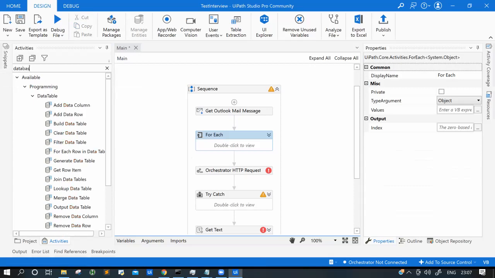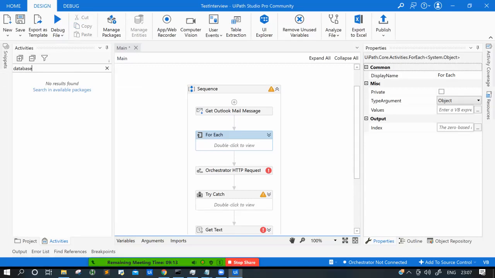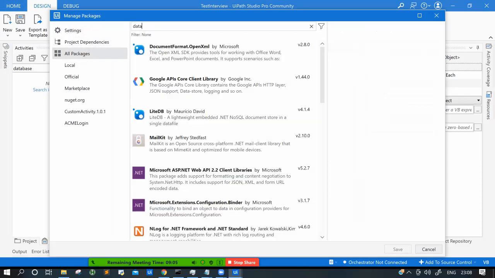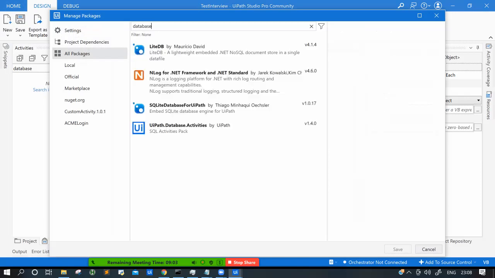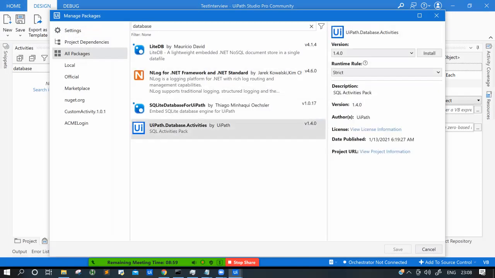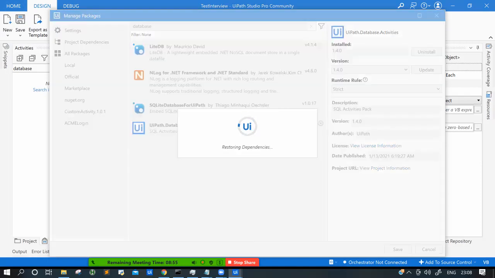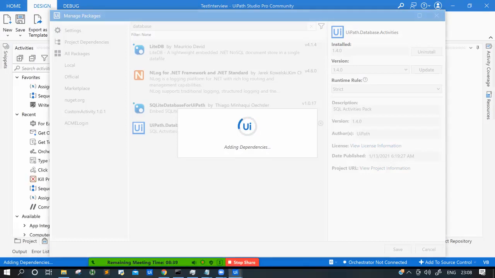Okay, and you have to go ahead, manage packages and download those packages. There are very few activities, I think 4 or 5. Basically the generic activities UiPath has: connect, disconnect, execute query, execute non-query. So just read about these 4 activities, then you will be good. And for API there is only one activity, you can go ahead and read about that. Properties is the one. Okay, and that's it.